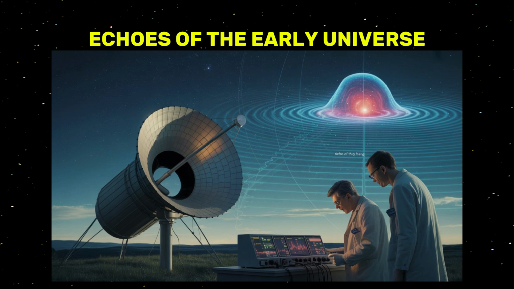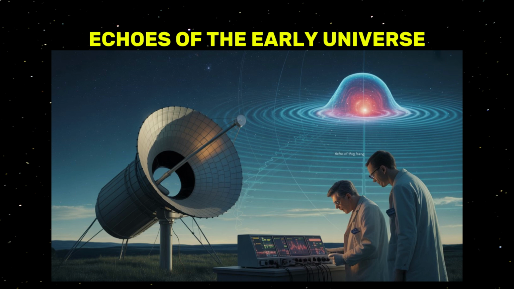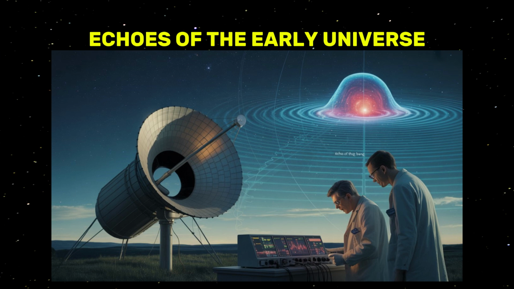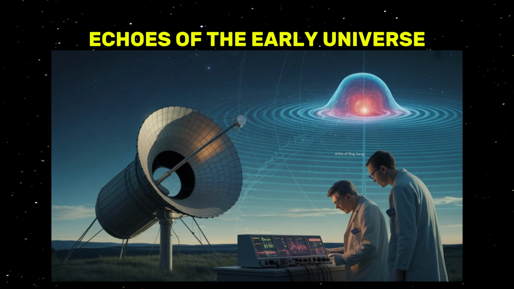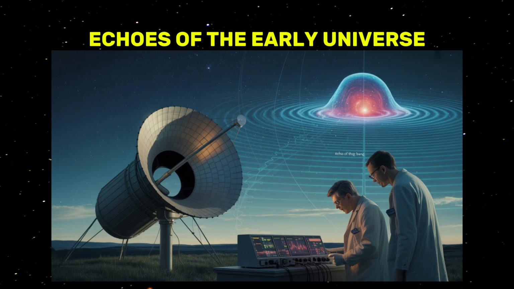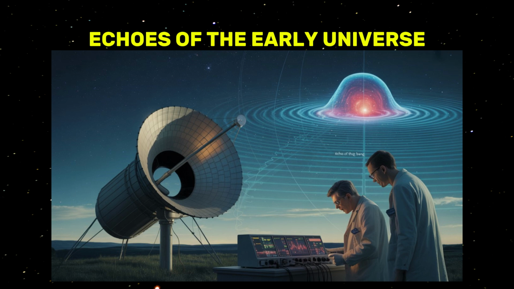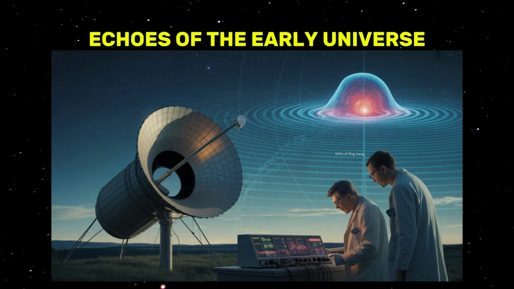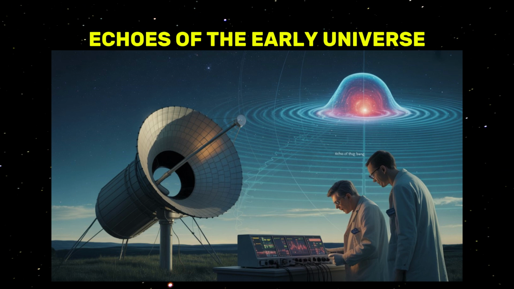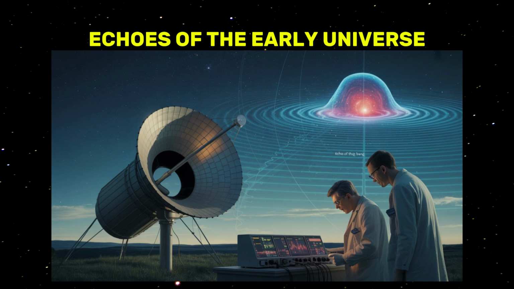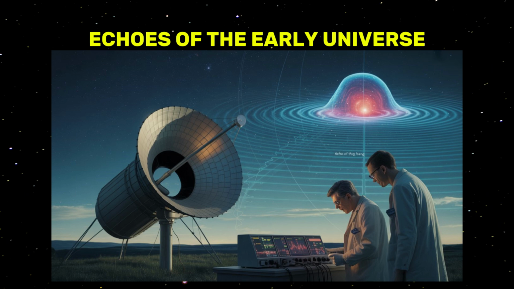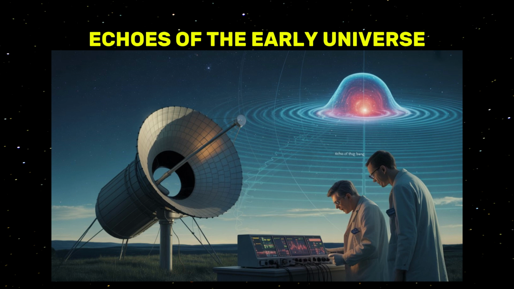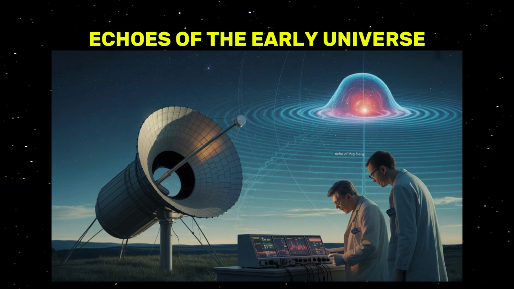Think of standing in a canyon and shouting, then hearing your voice echo back after a delay. The CMB is the universe's ancient echo, a quiet, omnipresent murmur that holds critical information about our origins. Like an echo reflects a sound, the CMB reflects the state of the early universe, its energy stretched thin by time and space.